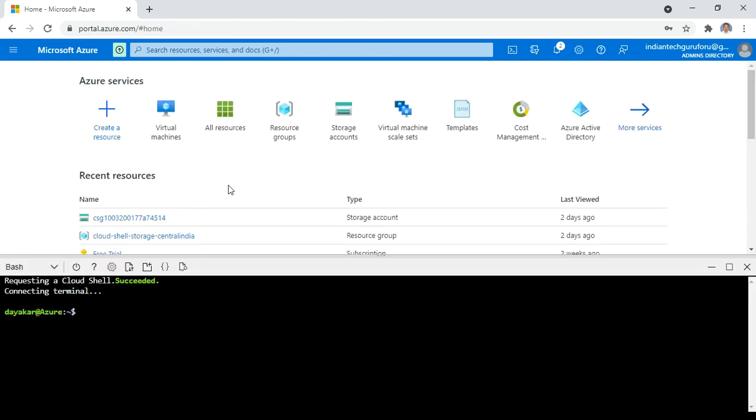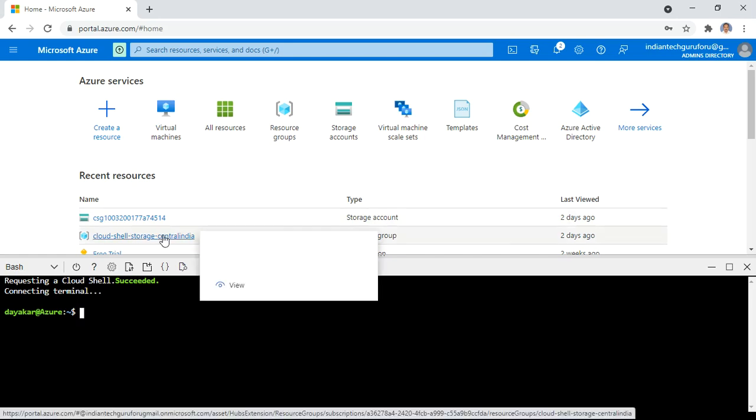Before actually deploying the virtual machine using the Cloud Shell's bash shell, we need to store both the files, template.json as well as parameters.json, in one of the storage accounts.